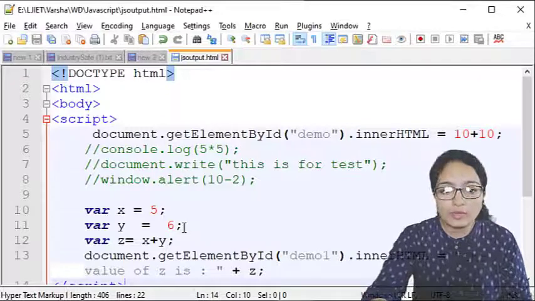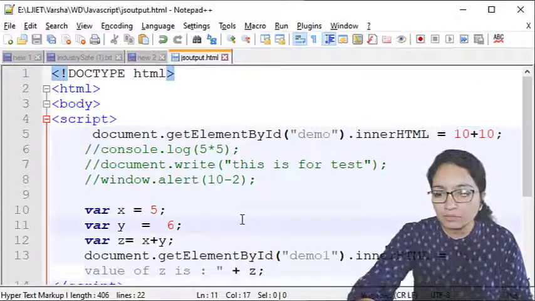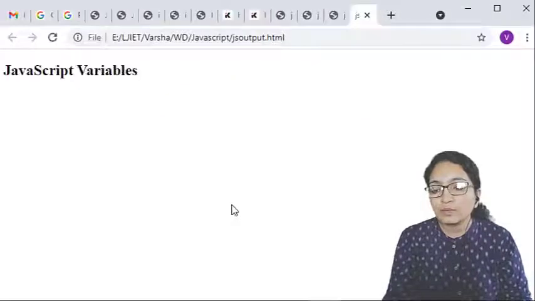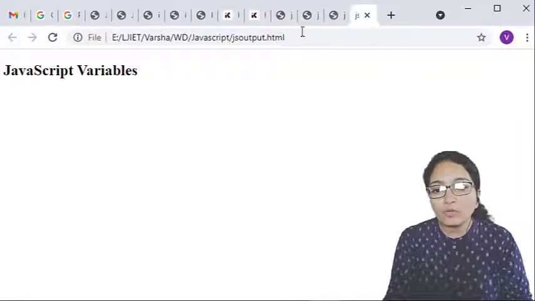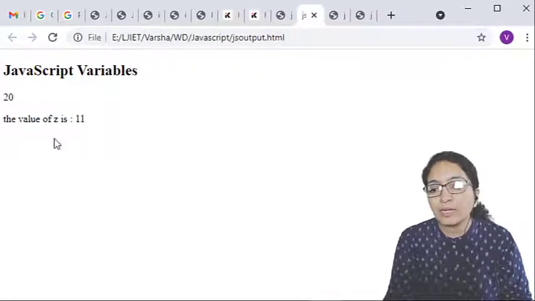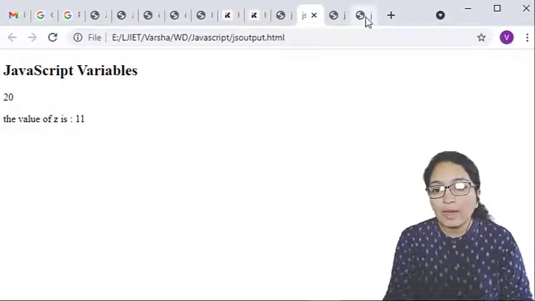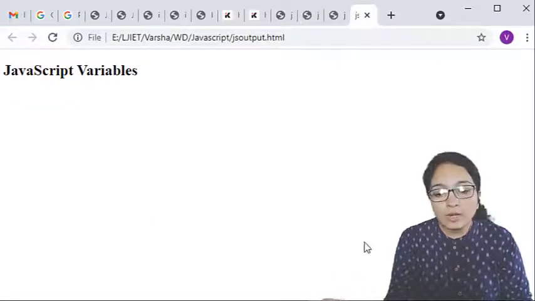So no output will be there. Let's see this. Here you can see there is no output like before, no 20 and no value of Z is 11, because it is not able to find the ID. Got it?